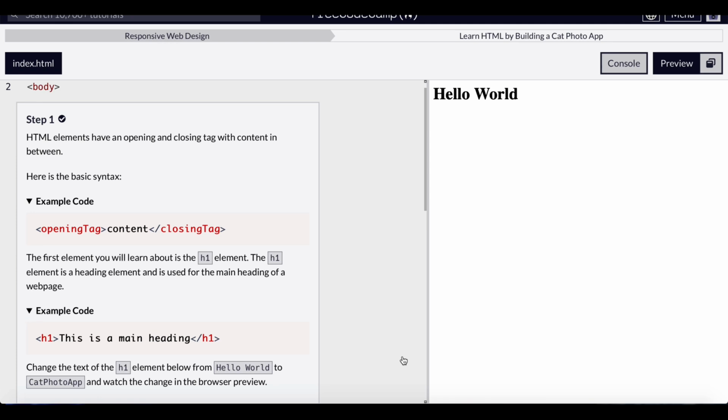So I realized that when I was going through the steps initially on the freecodecamp.org, build a CatPhotoApp, I was rushing through it and I wasn't showing you guys how what we were doing was correlating to what we were creating. So I decided to slow things down and then actually walk you guys through the steps of what we're doing, how we're doing it, and then why we're doing it, so you really get the full concept of the actual